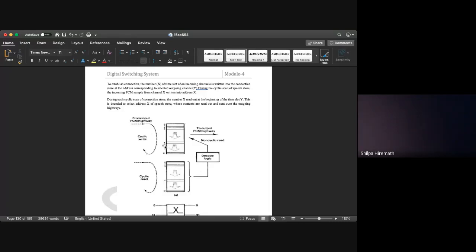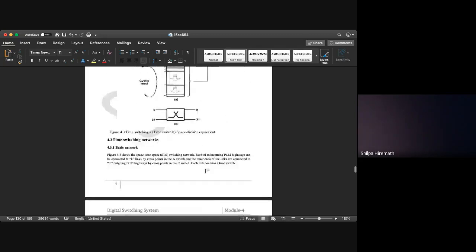That address indicates the data. So whenever that is being said, okay, Y, it says that the location is X from a speech store where the data has to be transmitted. So the X, it points to X, and whatever data is there here, it will be sending it over a PCM highway line. So this is the working of the time switch.